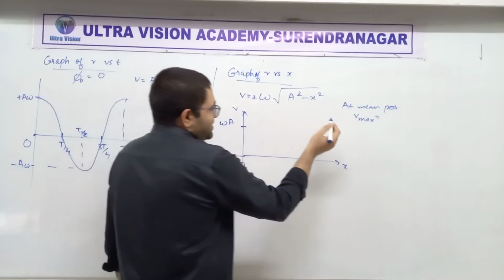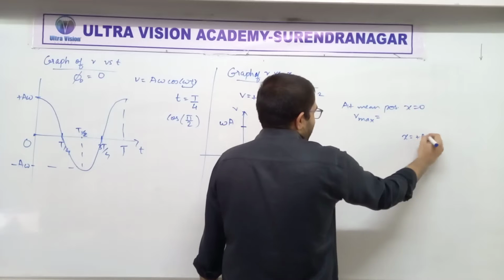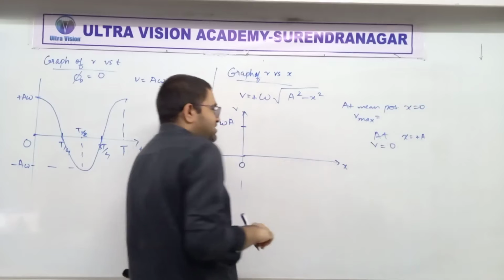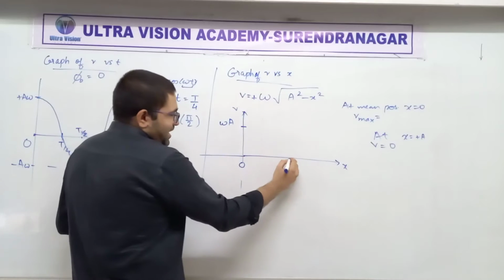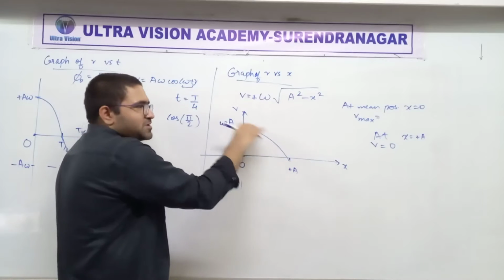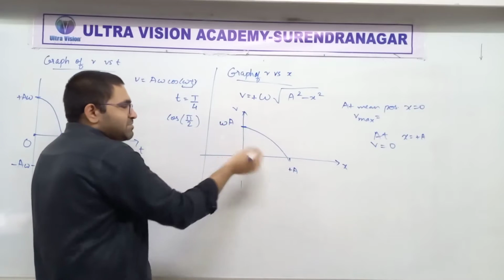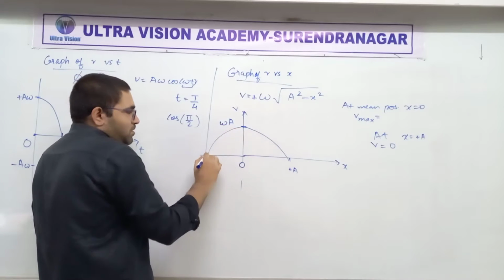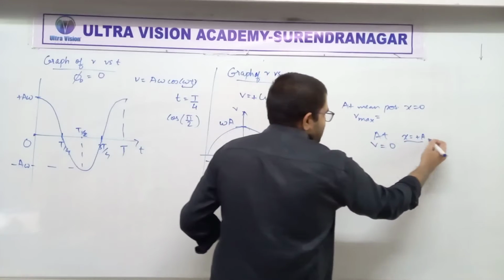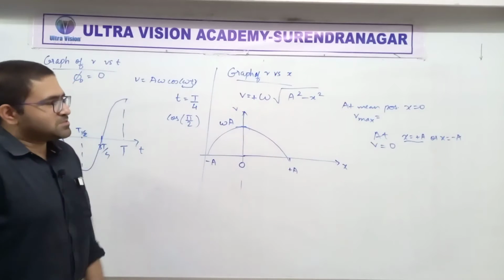Then when the particle goes to amplitude, that is the extreme position, either plus a or minus a, v becomes 0, correct? Hopefully you remember that. So when you take x equal to plus a, this would become 0. Basically it's not a straight line because this is not a linear equation. This is a square. Similarly on this side, at x equal to minus a, whether at x equal to a or x equal to minus a, the speed will be 0. Did you understand?